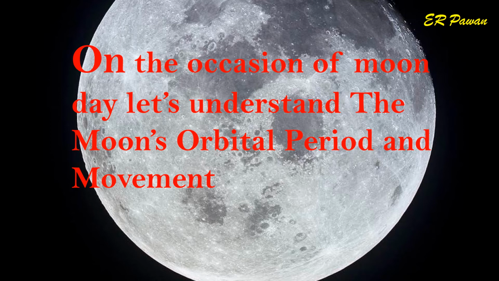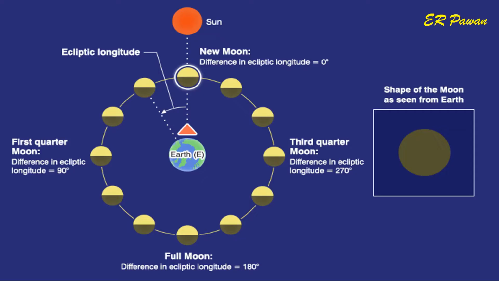Dear friends, on the occasion of National Moon Day, let's understand the Moon's orbital period and movement. The Moon orbits the Earth approximately every 29.5 days while undergoing a cycle of waxing and waning. The orbital period of the Moon, i.e. the period of time taken for the Moon to orbit the Earth while changing its phase, is referred to as